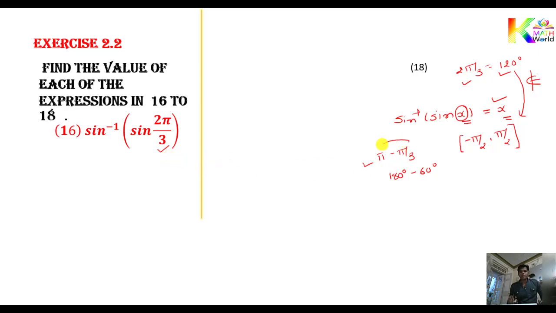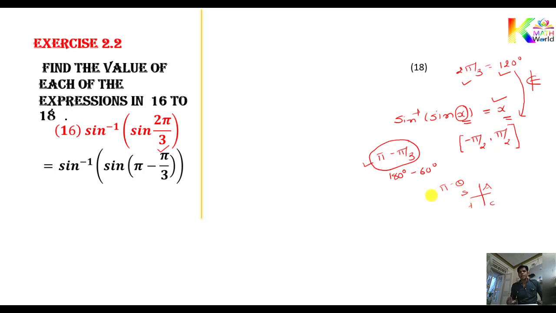Okay. So now pi minus theta, which quadrant? Firstly we can express it this way: sine inverse of sine of (pi minus pi by 3). Pi minus theta, which quadrant? According to ASTC, pi minus theta means second quadrant, and in second quadrant sine will be positive. So the answer of this one, at pi the function is unchanged. So what is the answer of sine of (pi minus pi by 3)? You got at pi function unchanged. So what is the answer? Sine pi by 3. So here you got sine inverse of sine pi by 3 in the next step.